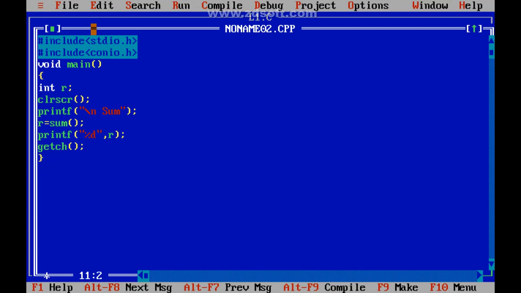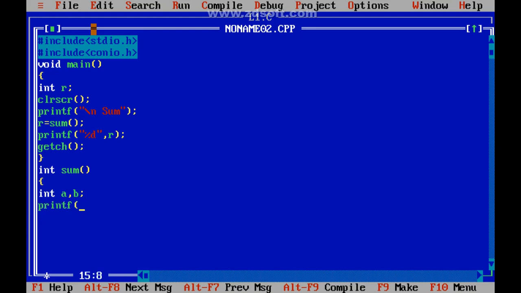This is fine, but I have to write about sum. So sum is returning the result to the main. What was the function called? r. r is of type integer. So here I have to write a function with integer sum. Here I don't require any parameters because my calling function is not sending me any parameters. So here I am going to use two numbers because I want two numbers to perform an addition.